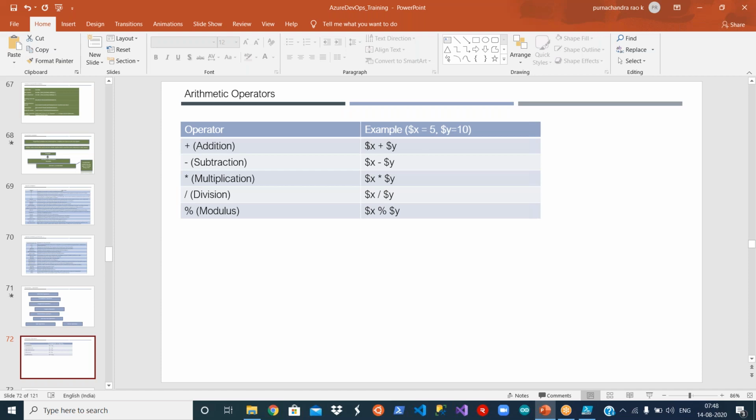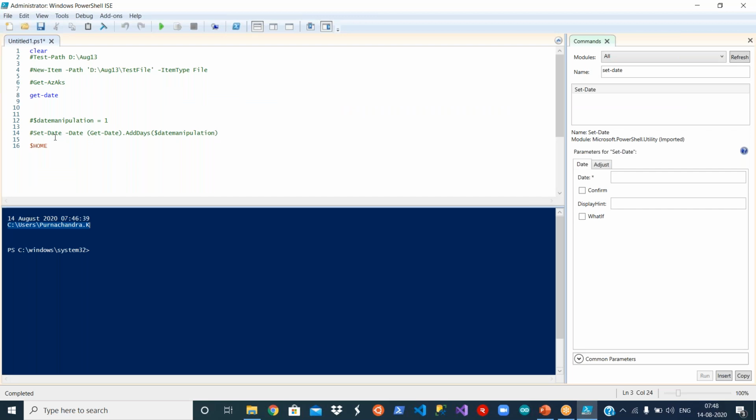I gave some syntax here, $x plus $y, right? So even if you combine those words as a single word also, it works. But for better readability, you always give the spaces, okay, between plus and the variable. Let us say, let me comment this. Okay.